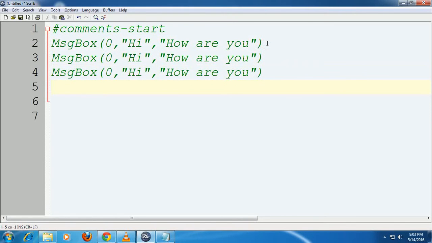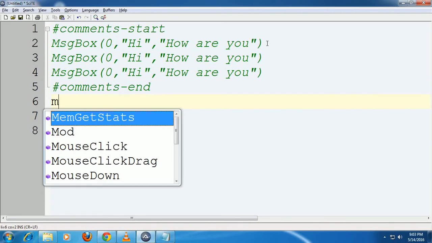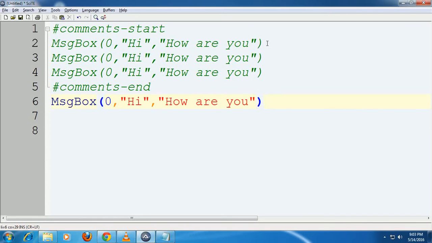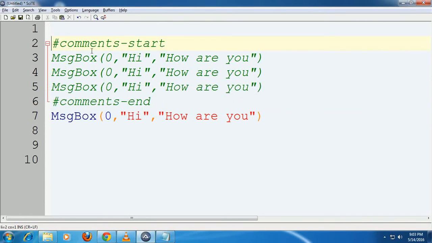So these are all considered as comments by the compiler until it finds the statement called comments-end. So from this, the compiler considers all the text as a valid one. So this is how this comment AutoIt function works.